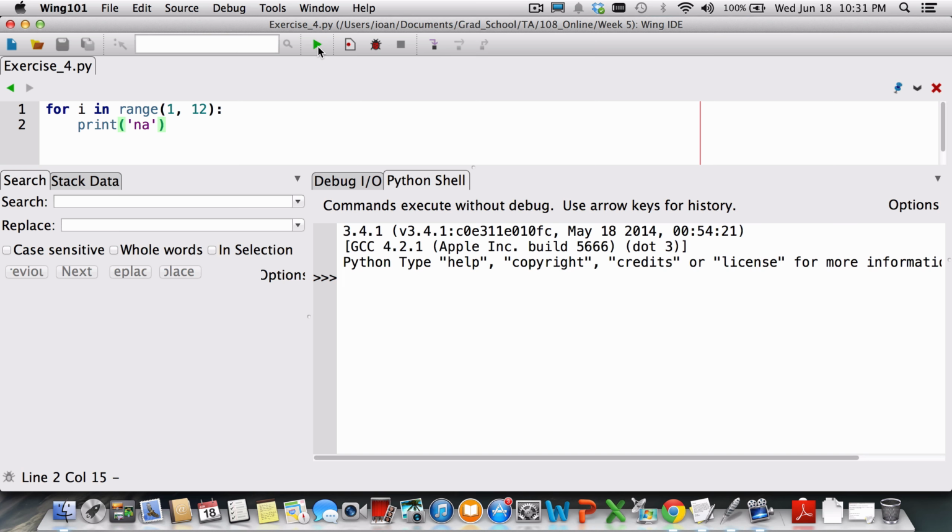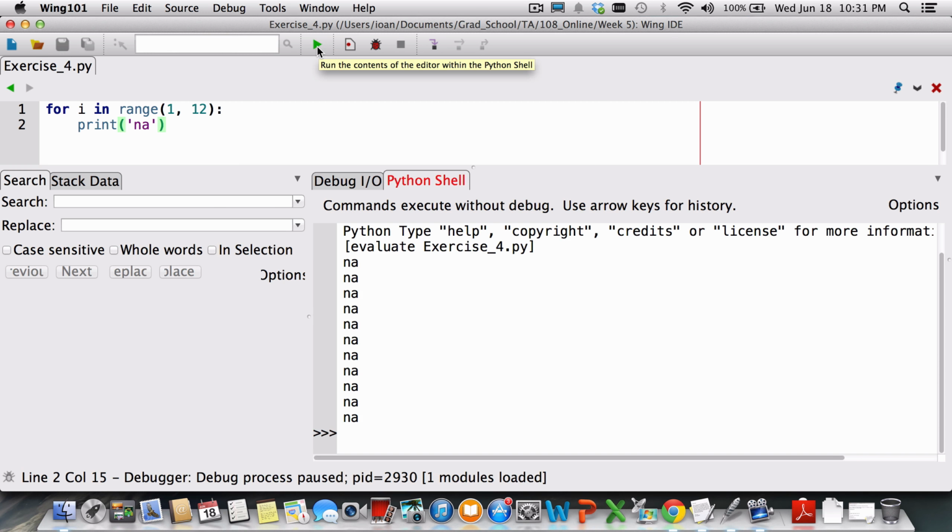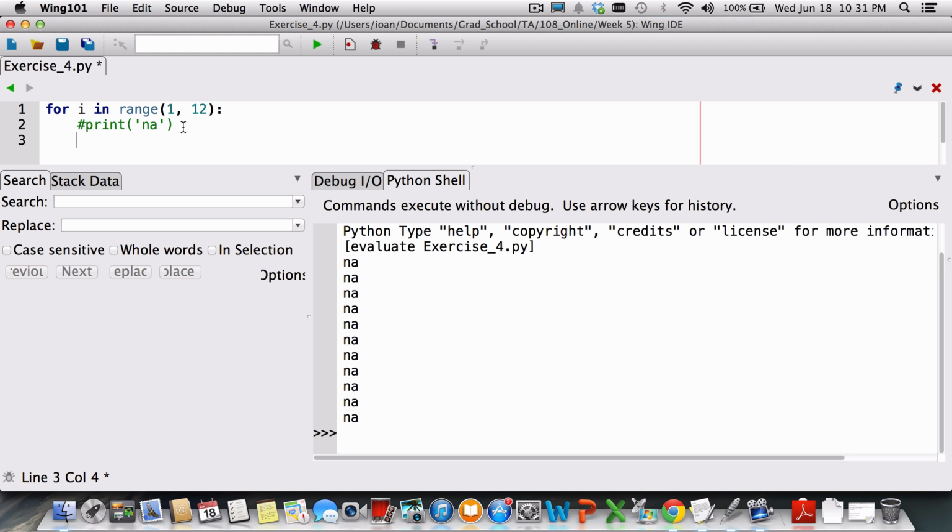Indeed, if we run it, we can see that the fragment only prints NA 11 times. Commenting out the print and printing the value of i, we see that i now changes value from 1, the lower bound of the range, to 11, the largest integer